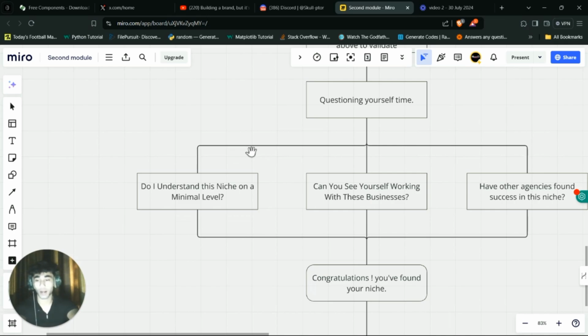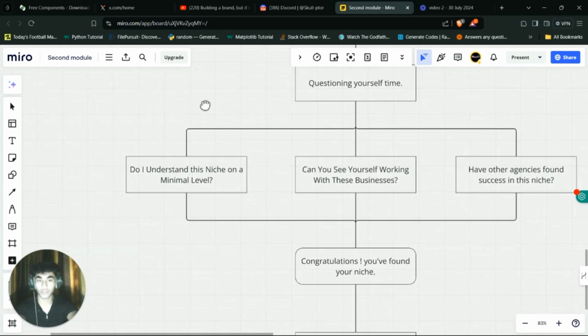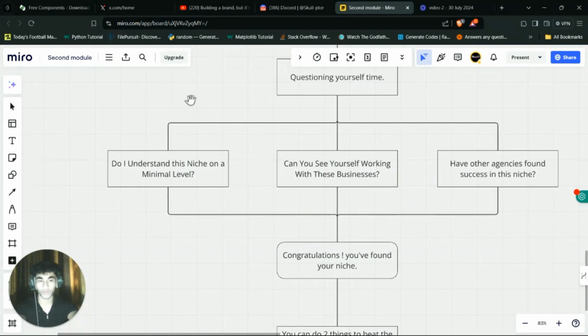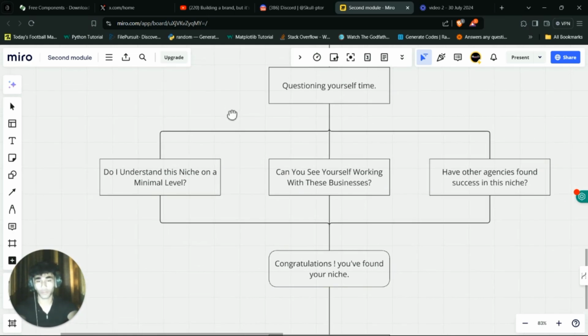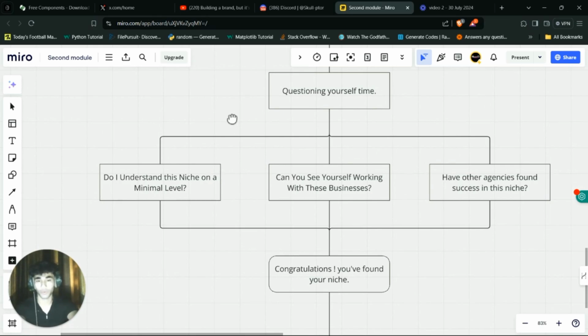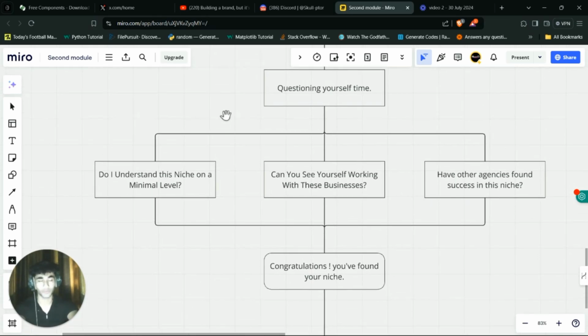Now for that, I would like to suggest something to you guys: if you have experience in some kind of industry or you have some kind of relatives, it'll be good. Now my cousin was a doctor, and for that reason I first went with healthcare because it helped me out. If you have some kind of friend or relative, you can go ahead and ask them some questions about the industry. They will be more than happy to help you out. Therefore, it'll help you to find the right niche for yourself.